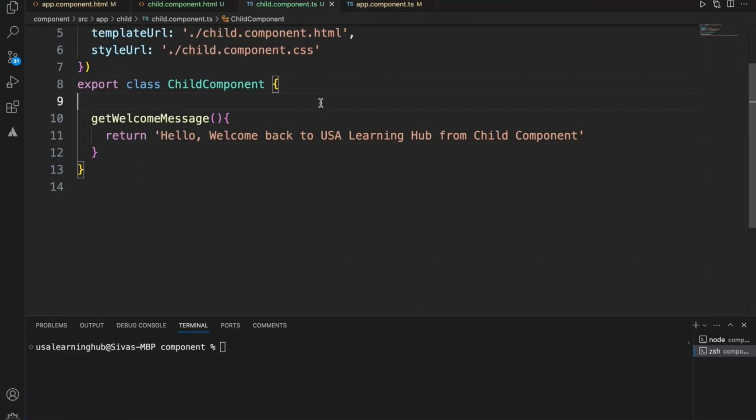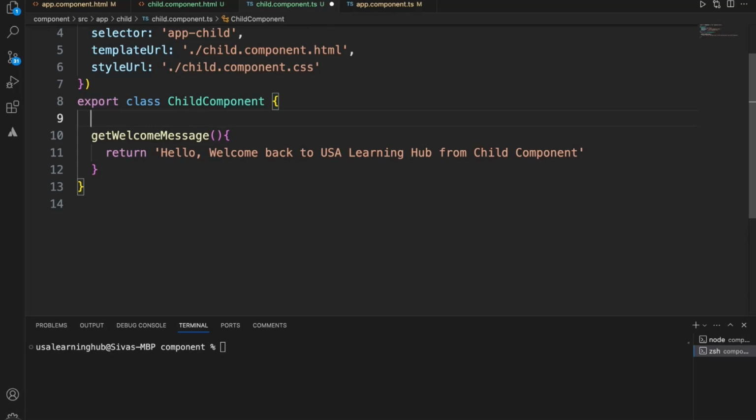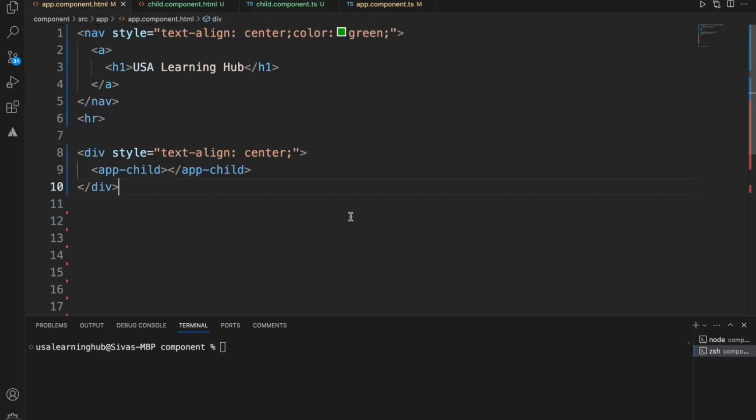Also we'll add one field, name. We'll say name equal to Shiva. So now this particular field as well as the message method, these two are within the child component. Let's get hold of these two from the child and use them in the parent. So the parent, of course, is the app component,